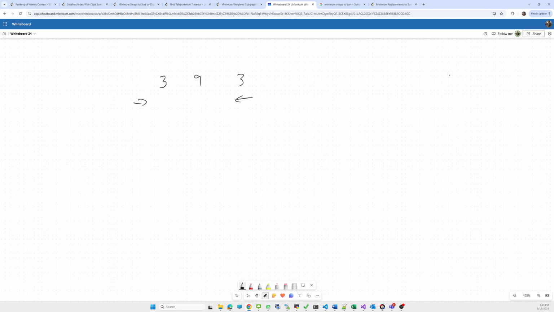We start from i equal to 1. Then we check if the current element is smaller than the previous one, that is, the previous one is greater than the current one. This is the one condition we have to check, and if it holds, we update. If i is equal to 2, the current element is 3, and 9 is greater than 3, then we have to split that 9 into two or more parts.